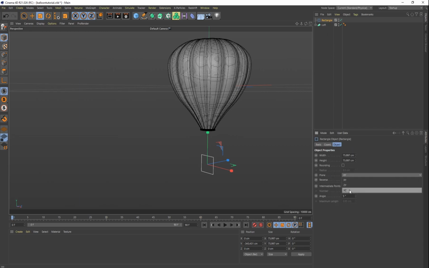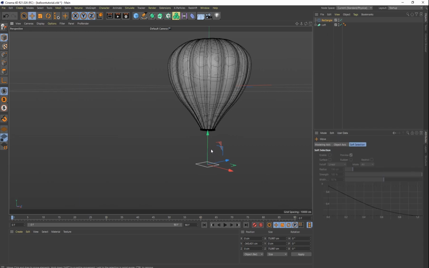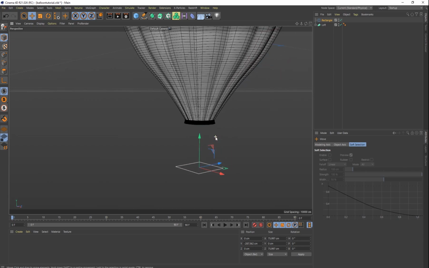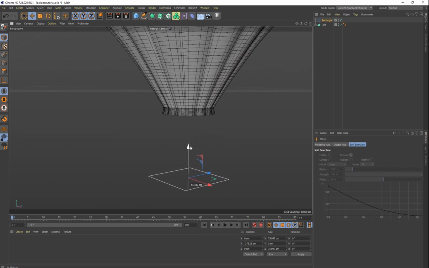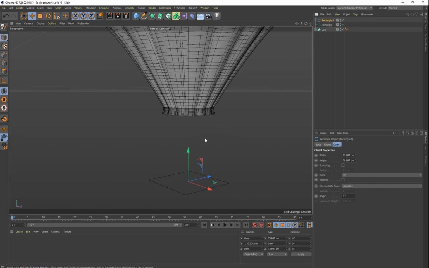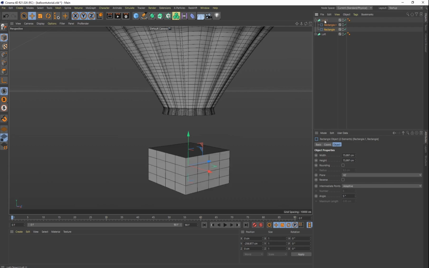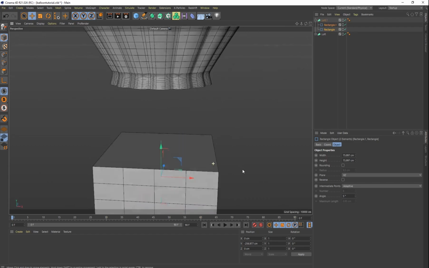And let's go ahead and change our plane to X, Y, or you can just rotate it. It's up to you. Okay, so to make our little basket down here, we want to have two of these squares. So let's go ahead and duplicate that, make another rectangle, bring that up. So now we have two rectangles. Let's put those in a loft. So let's just click our loft, put both of those under the loft, and now we have this little